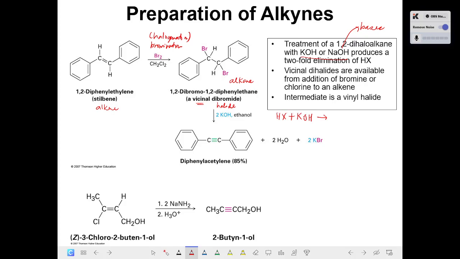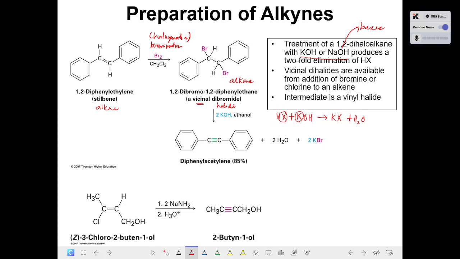So yung ating K, potassium, will react with the X, so that will become KX. And then yung H and OH natin, that will become water. So kaya dito sa reaction na to, nung itong vicinal dibromide natin ay inireact with the 2KOH, what happened ay